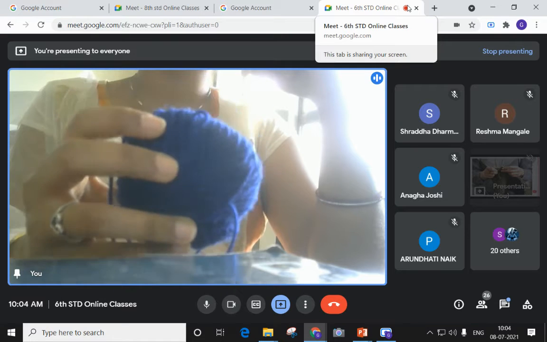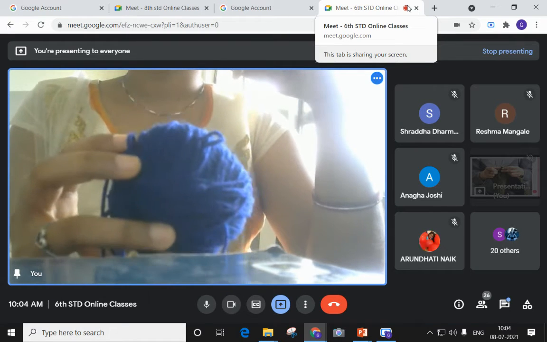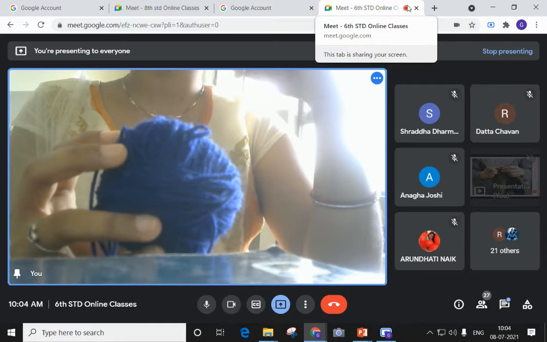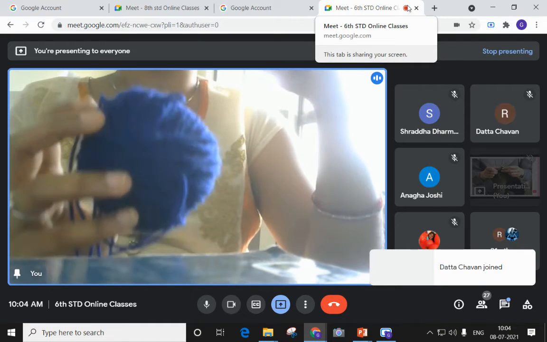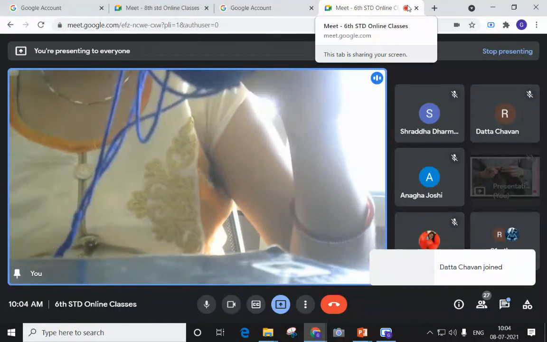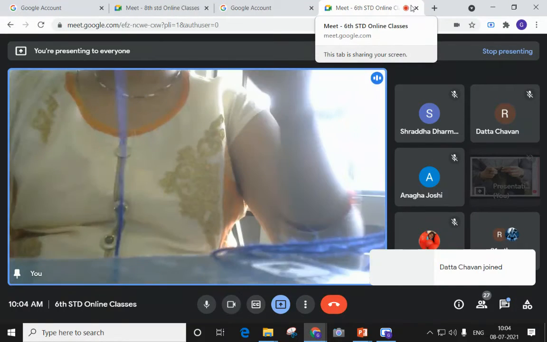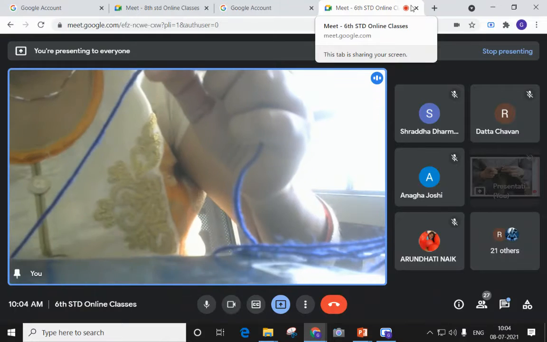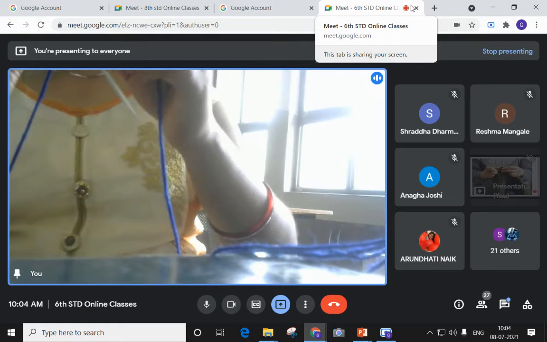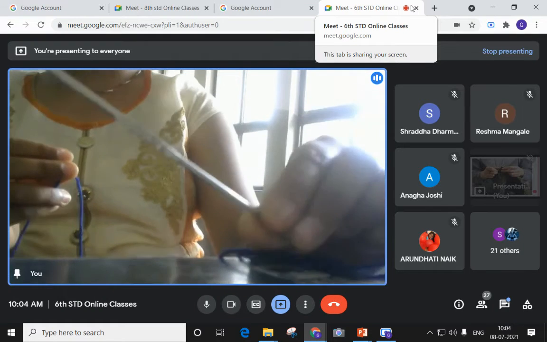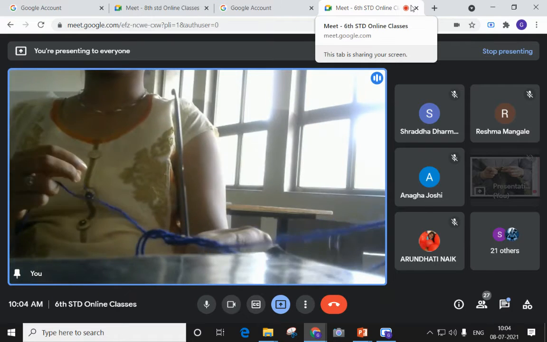Are you able to hear my voice, students? Which activity are we going to do now? That is knitting. So with the help of this wool, here I have a needle.